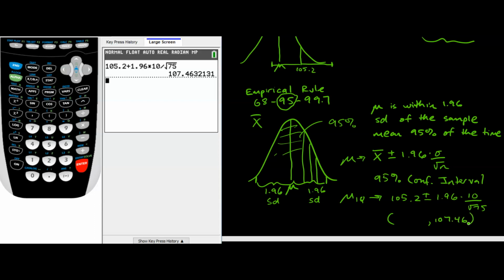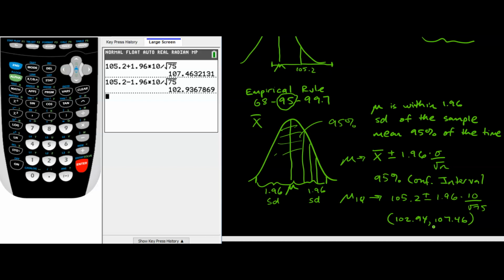And then if we get the lower bound of this interval, we would say 105.2 minus 1.96 times 10 divided by the square root of 75, and we get 102.94. So what is appropriate to say here is that we are 95% confident that the true mean IQ is